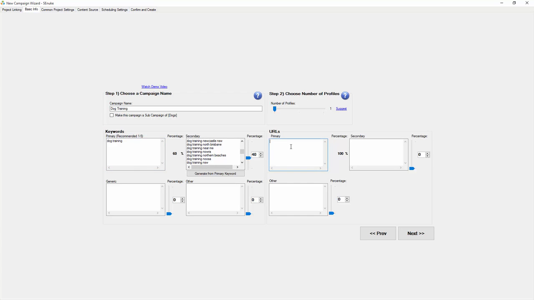And we do exactly the same with our URLs. I'm just going to use a generic dogs.com here. Now we have primary, secondary and other URLs here. Most of the time you're only going to use the primary and the secondary, and the way you would use this is the primary would be the page you're actually targeting, which usually would be an inner page or a sub page, and then the secondary URL would be the root domain,